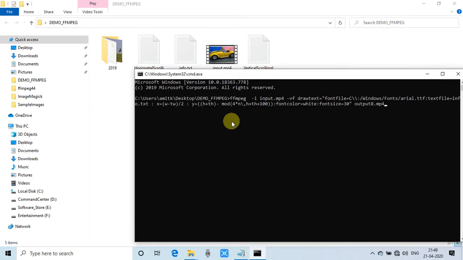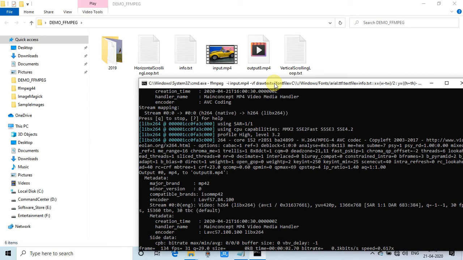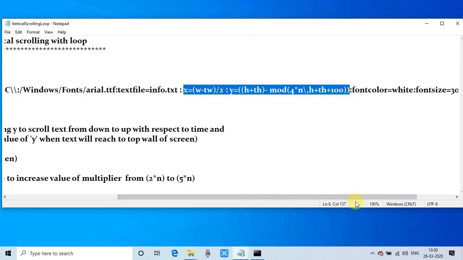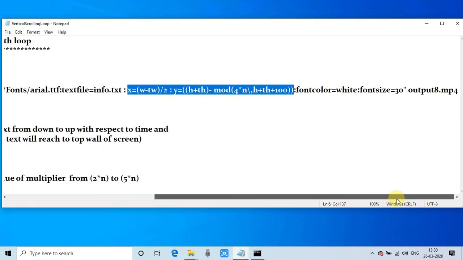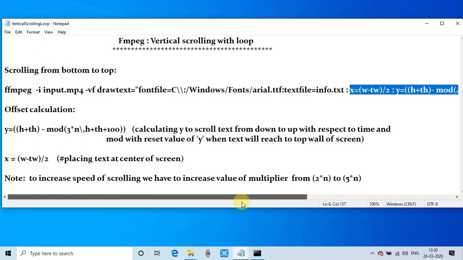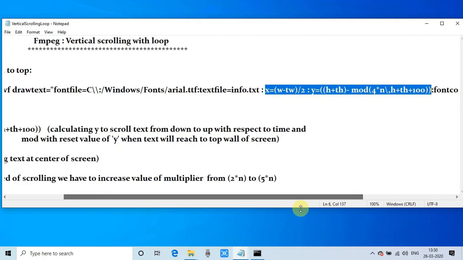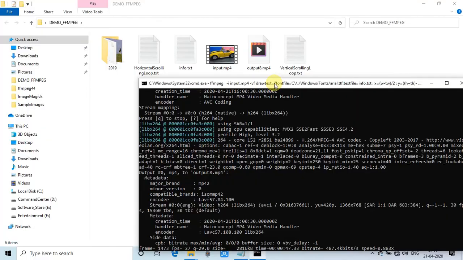Command is executed, and now I'm waiting for the output. Meanwhile, you can see one more time the command. Okay, this is the y calculation and this is the x. n is the number that will increase 1, 2, 3, 4, 5, 6, 7 this way.